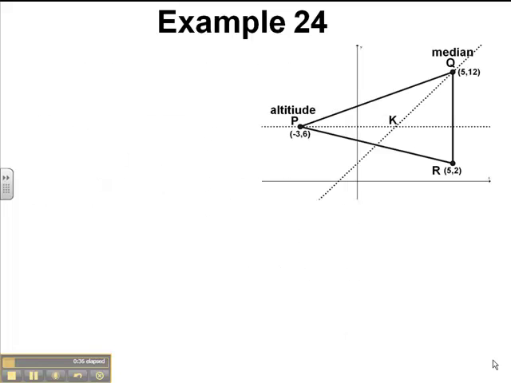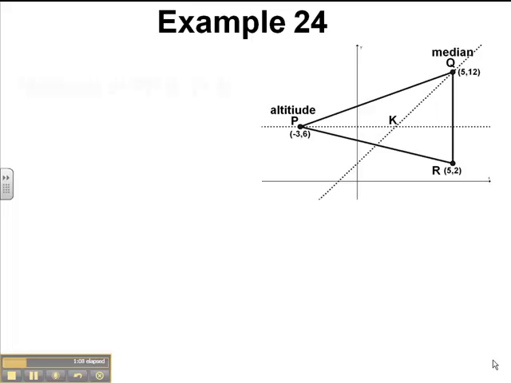First line to work with is a median. Now remember, a median goes through the corner of a triangle, through the midpoint of the opposite side. Now to get the equation of a straight line, we need a point on the line, which in this case we've got, the point Q, and we also need the gradient. So to get the gradient we need another point on the line, and that's going to be the midpoint of